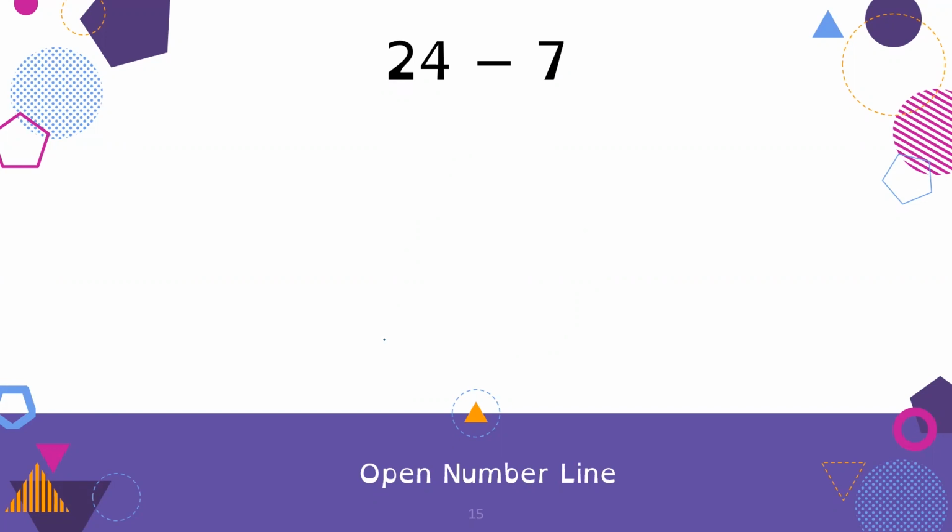So an open number line is a number line. It's a straight line. You can draw it horizontally. You can draw it vertically, whatever makes sense to you. I draw it horizontally because my screen works this way better. I have more space horizontally. And then you don't have to put in all your numbers. You're just going to put the important numbers.